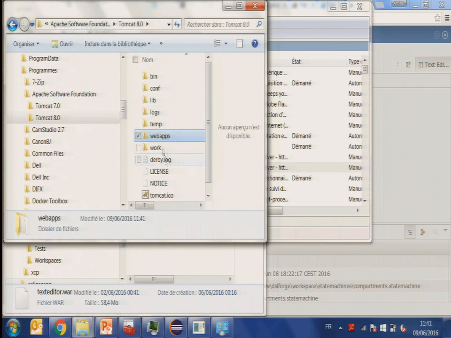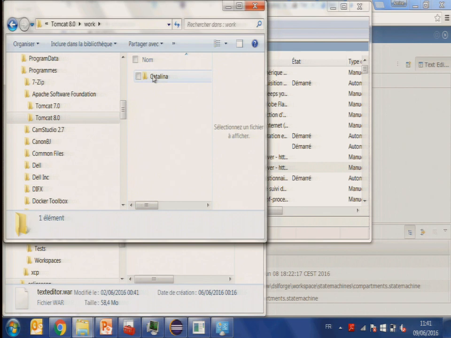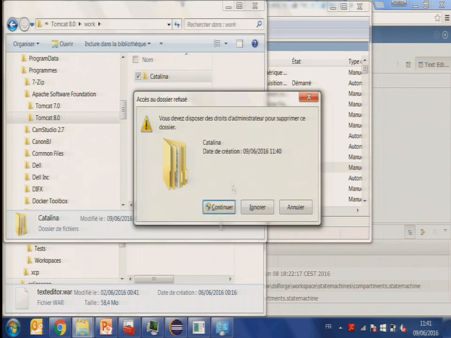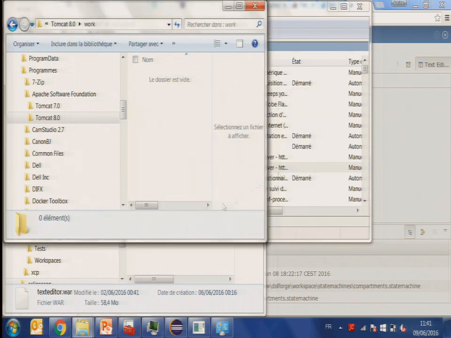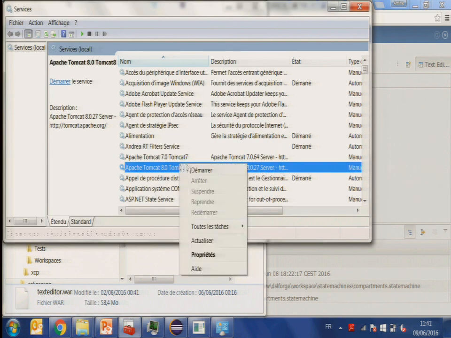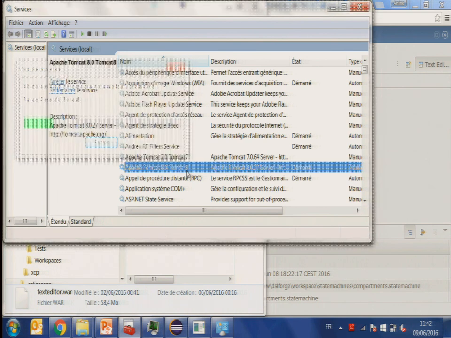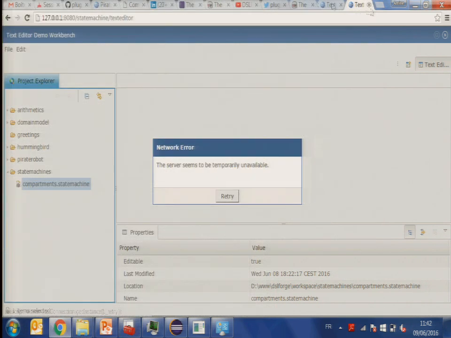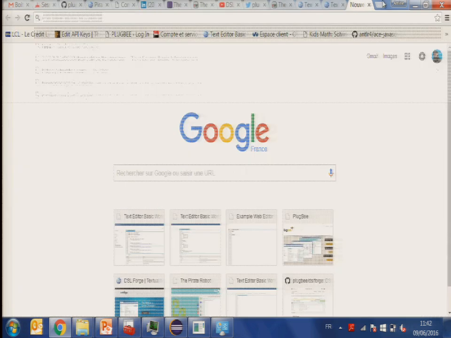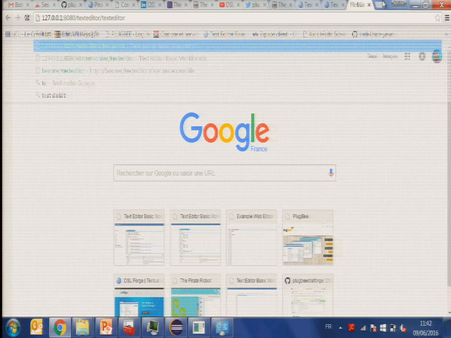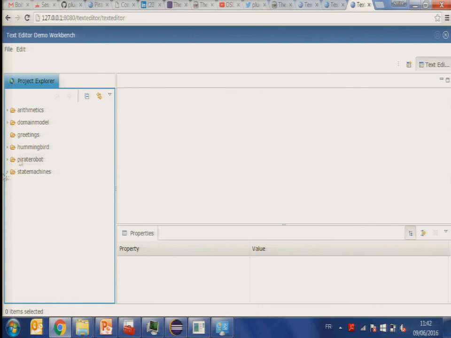And just to be confident, we'll clear the cache. Okay. So here should be text editor twice. So you have the name of the war, then the servlet path.